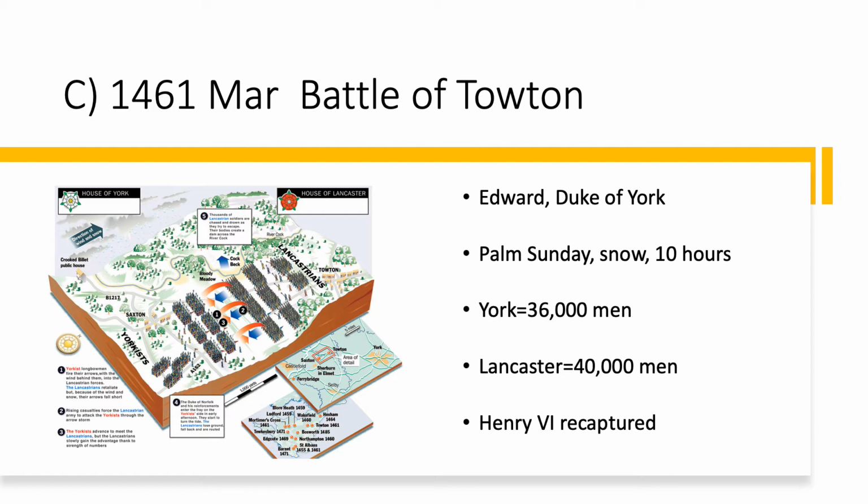The other thing that happens is that reinforcements arrive on the Yorkist flank, and this is just a long, long battle, 10 hours of hand-to-hand fighting, and so the men just literally are worn down, and then that last surge of Yorkist forces is able to turn the tide of battle in favor of the Yorkists. Henry VI, once again, changes hands. He's captured by the Yorkist forces.